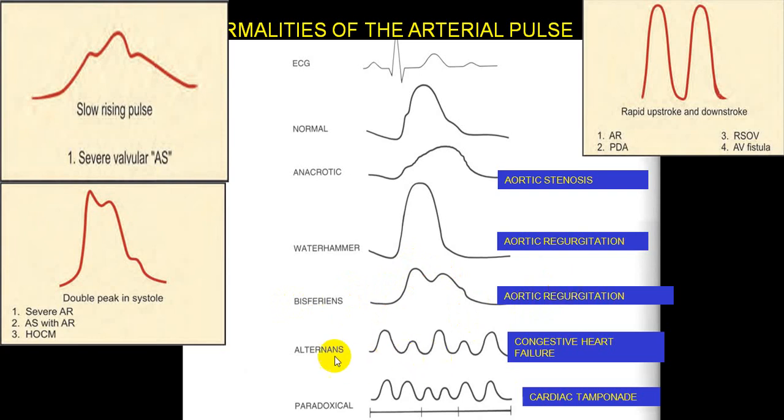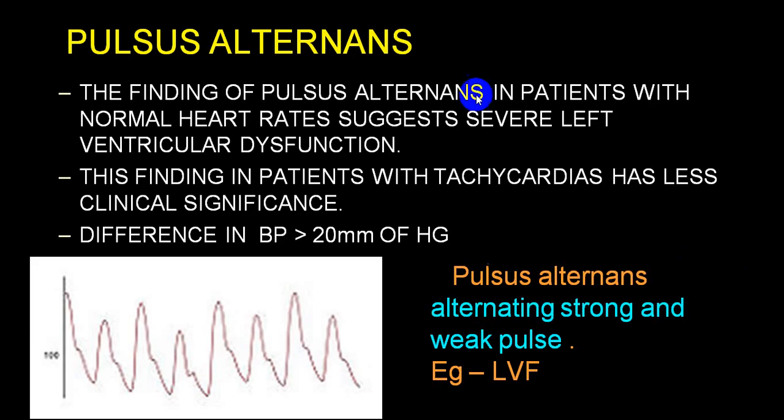Alternate pulse is of a different volume, pulsus alternans, and slowly the pulse volume is almost markedly diminished. Classical in case of a cardiac tamponade. These are the most common which you will come across in your everyday practice. So pulsus alternans is classical, and on an ECG tracing, we use the word electrical alternans. Alternate is strong and weak pulse. Very characteristic in a case of severe congestive heart failure and in a case of cardiac tamponade. And the difference in the two will be more than 20 millimeter of mercury.